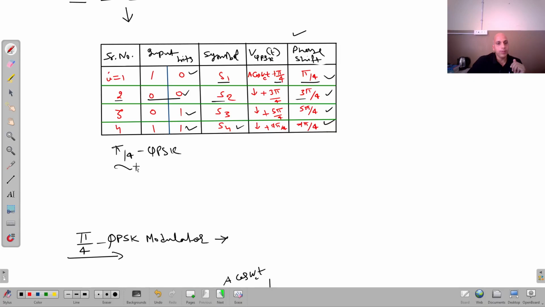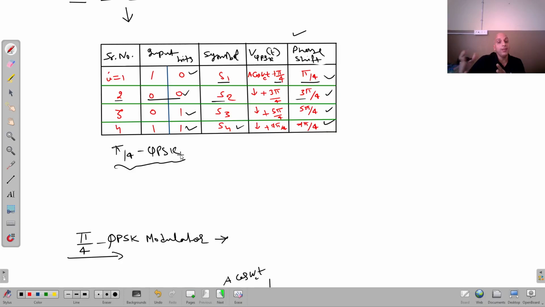It is by simply taking two carrier waves which are 90 degree out of phase, and then modulating, we can say, the odd bit stream with one carrier, and even bit stream with other carrier. So these two carrier waves are 90 degree out of phase, and then after these bit streams are added together,